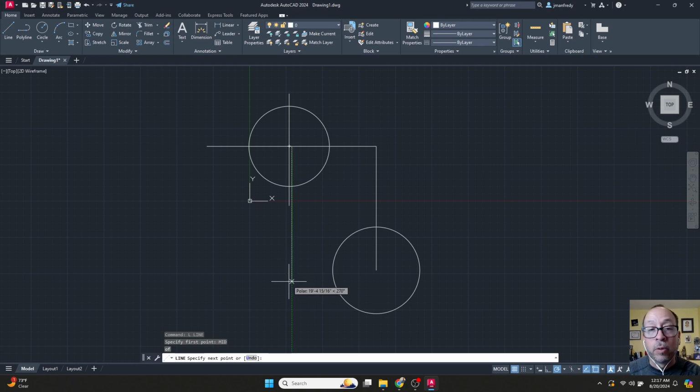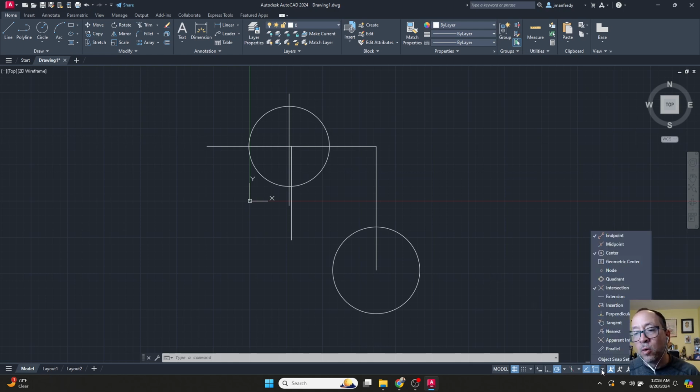And it'll ignore all the other O snaps. So no matter where I put my mouse, it'll always look for that particular O snap. It's a way of overriding and being very specific of which tool you want to have active. Click here. And so if I want, again, any tool, any O snap here that is important to you, near